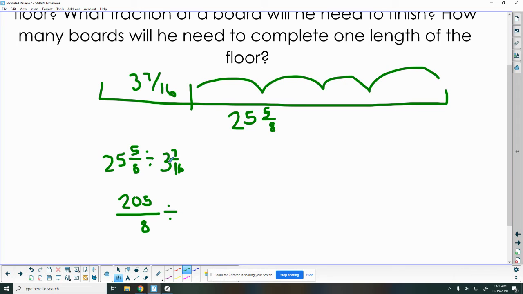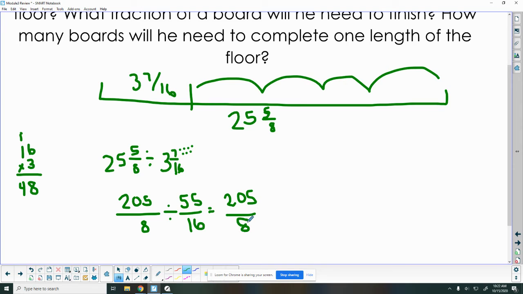And we're dividing by 3 times 16. I don't know my 16s, so I'm going to multiply. 3 times 6 is 18. 3 times 1 is 3, plus 1 is 4. 48 plus 7 more, 48, 49, 50, 51, 52, 53, 54, 55. So 55/16. So now I need to copy